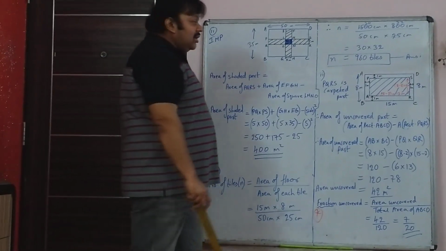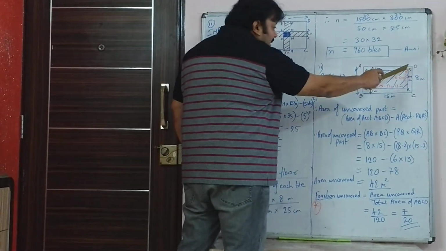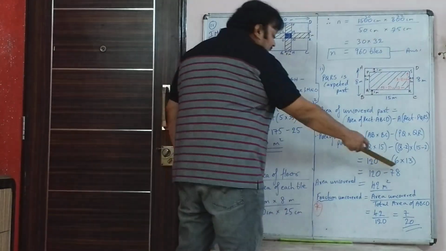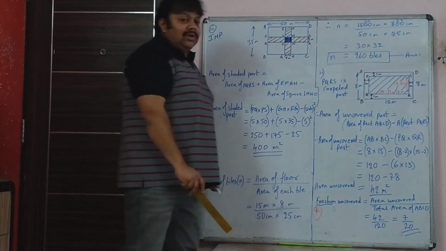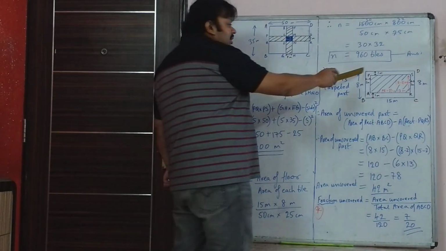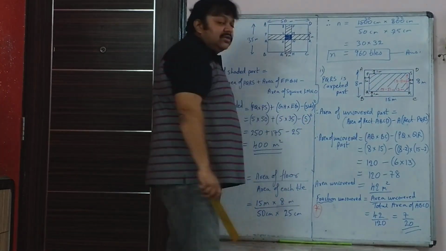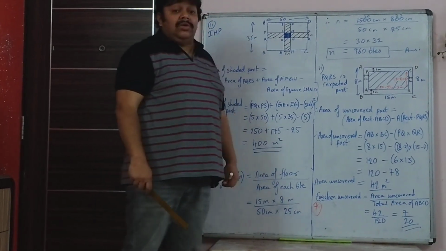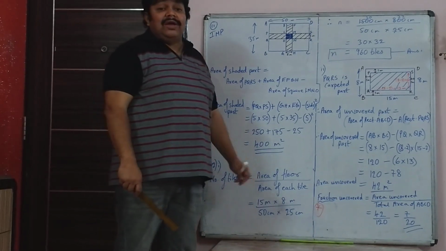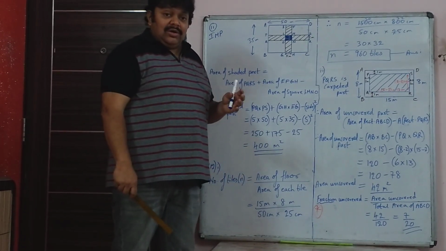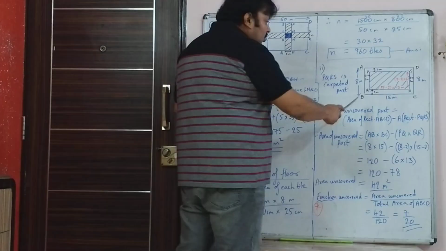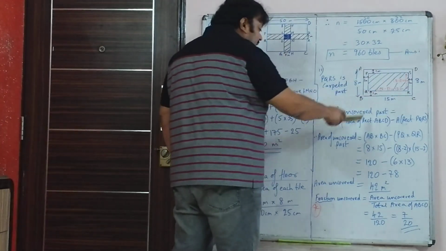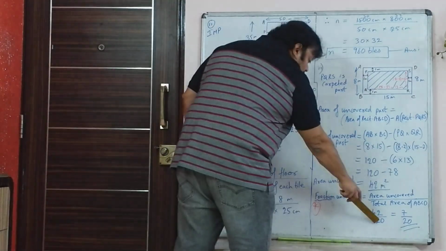So area of the uncovered region, that is this white part where carpet is not there, it is 120 minus 78, that is 42 meters squared. Now if the uncovered region is 42 meters squared, your answer doesn't end there. You are asked the fraction uncovered. Fraction means area of uncovered region upon total area. So area of the uncovered region you just got 42, and the total area you had found here, that is 120.